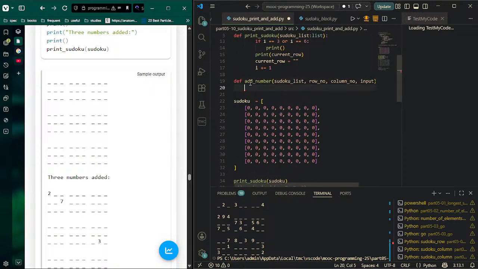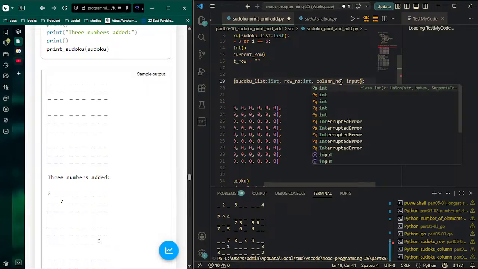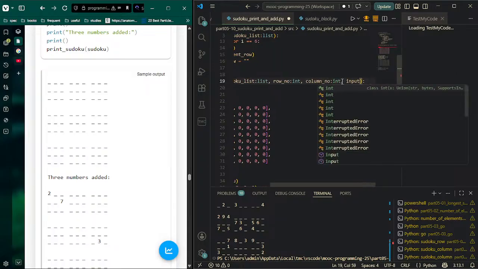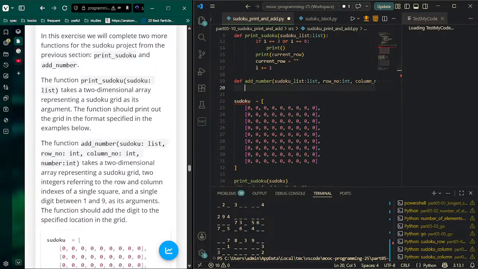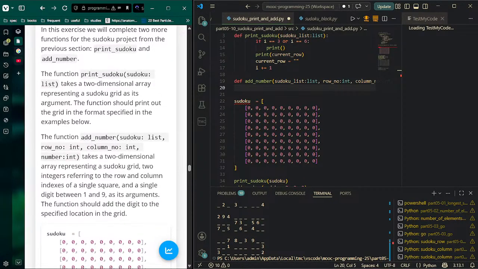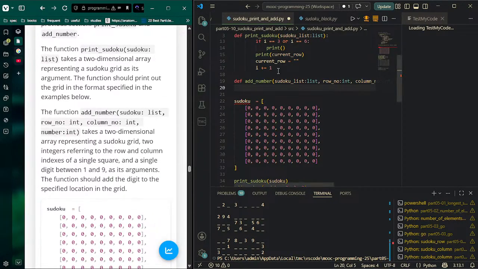Okay, so let's just name these variables. List, row number is going to be an int, column number also an int, input is also an int. Okay, so yes. Okay, now what we want